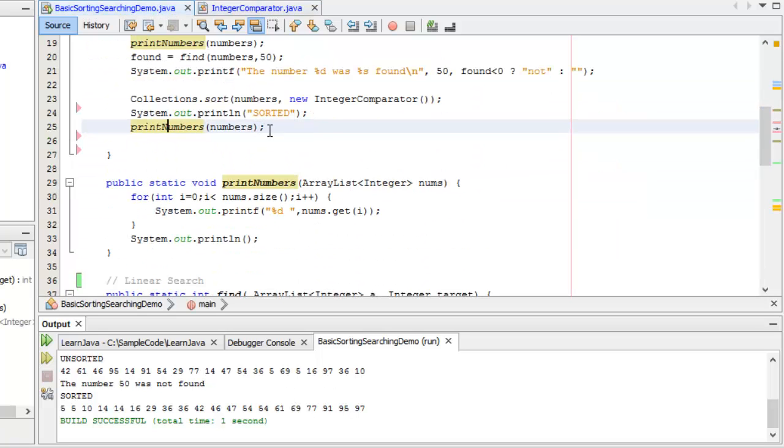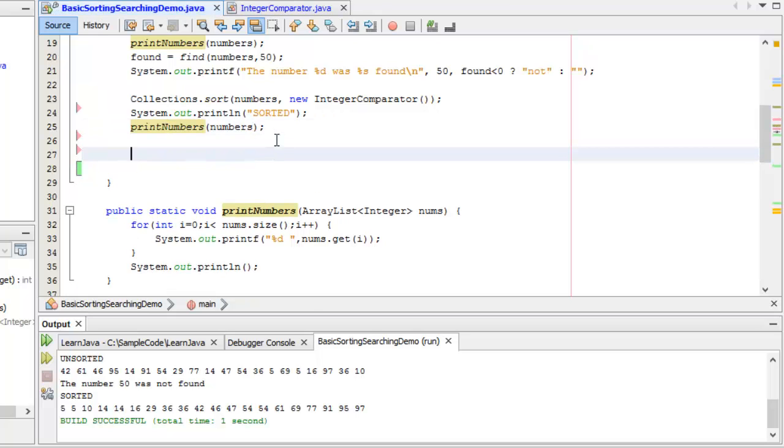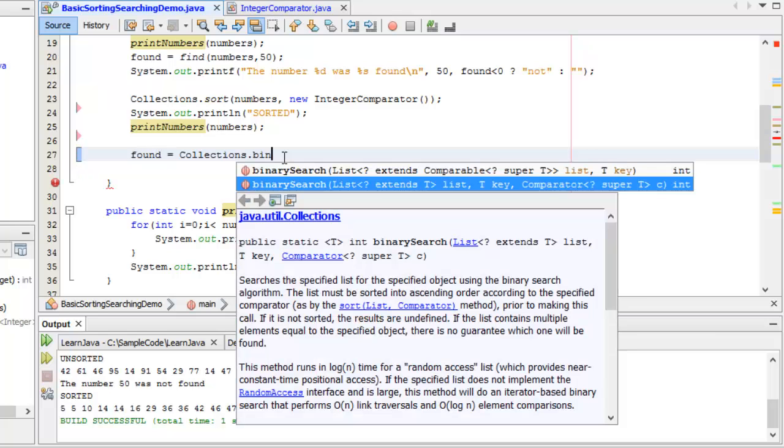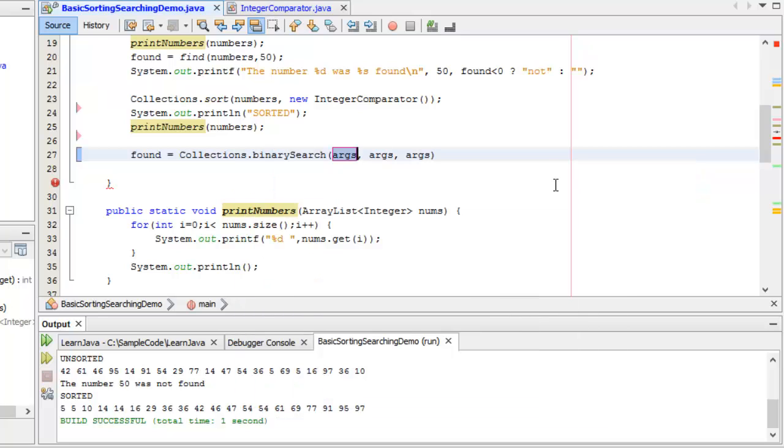Now that we have a sorted collection, we can use the binary search method, which is much more efficient at finding numbers than a linear search. And the way we use binary search is very similar to what we did in the linear search. We just call collections.binarySearch instead. And of course, we need a comparator, so we're going to say found gets, you see it takes a list, a key, and a comparator. So I'm going to give it a list, which is numbers, a key, which is the 50 I want to find in there,